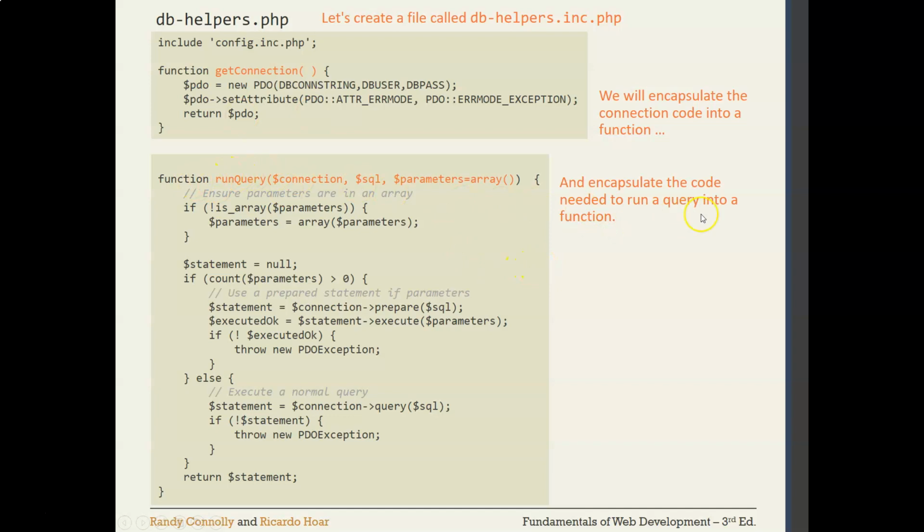And we're also going to encapsulate our code needed to run a query into a single function called runQuery. You can see it. We're going to pass in the connection that we get back from this thing. We're going to pass in an SQL, and then we're going to pass in an array of parameters if we need them. You can see that what this code does is if parameters wasn't in an array, it'll put them into an array. It will then loop through that array and